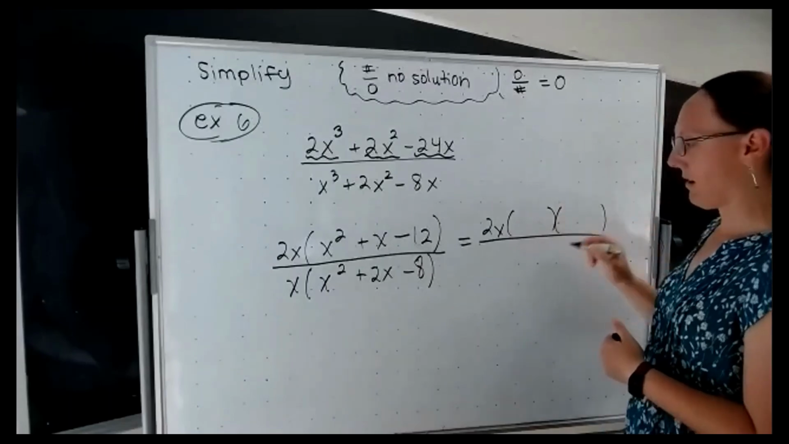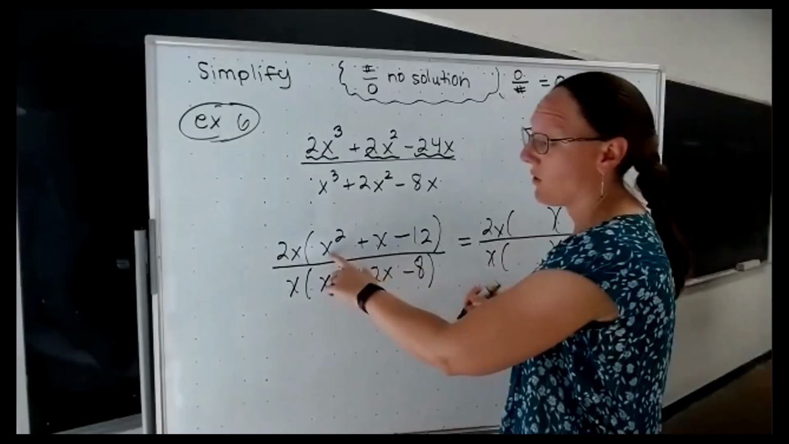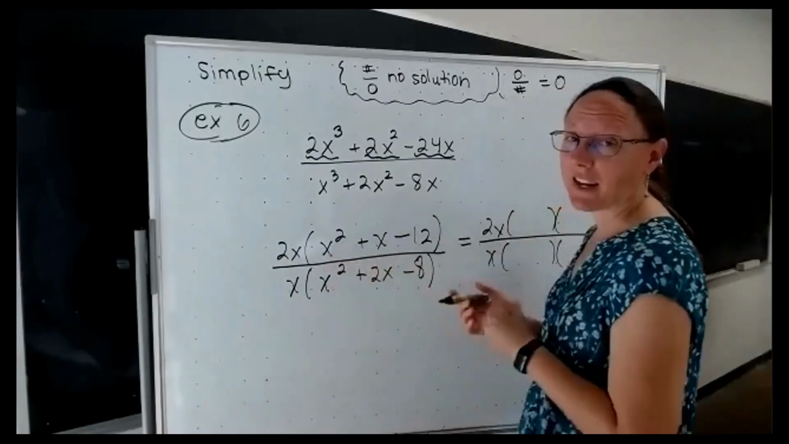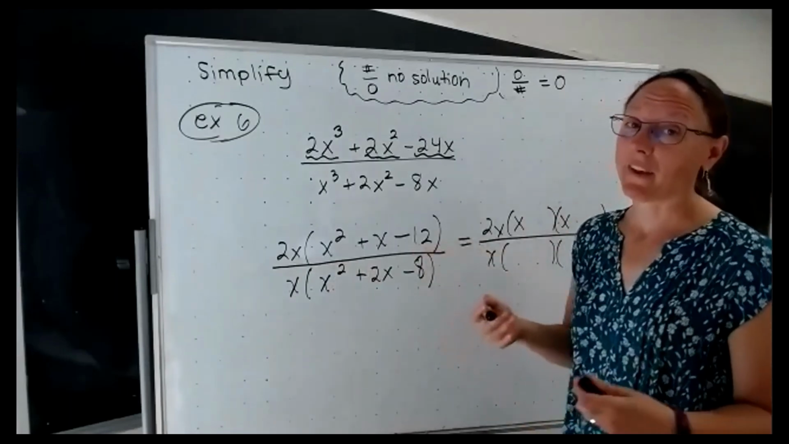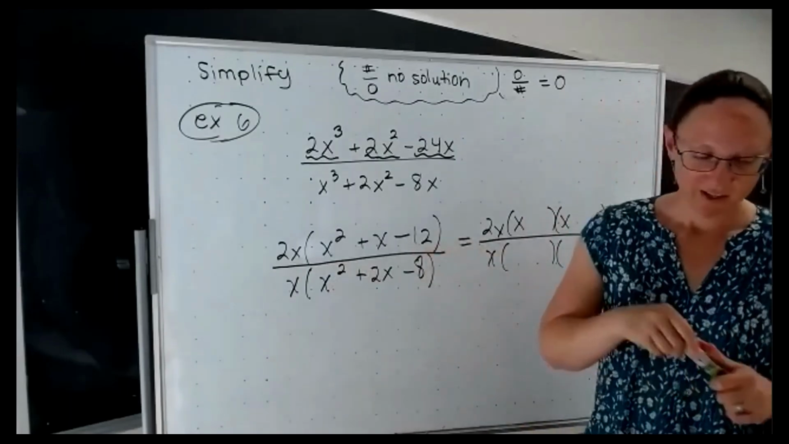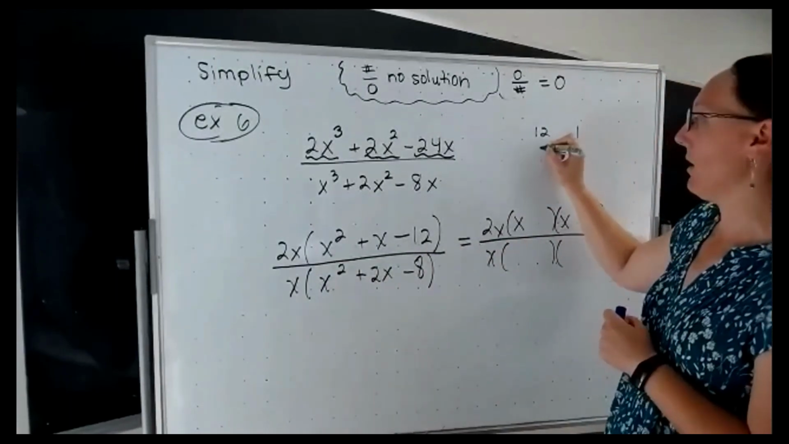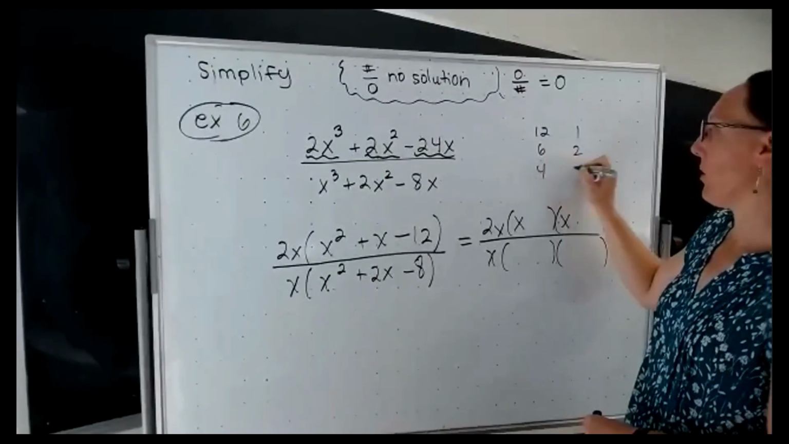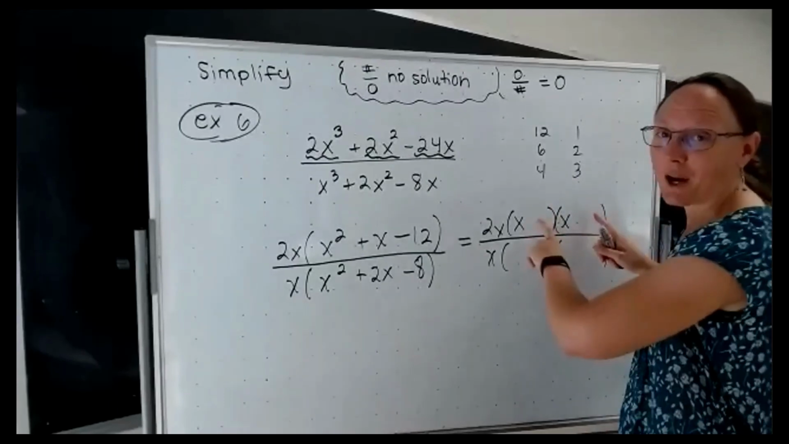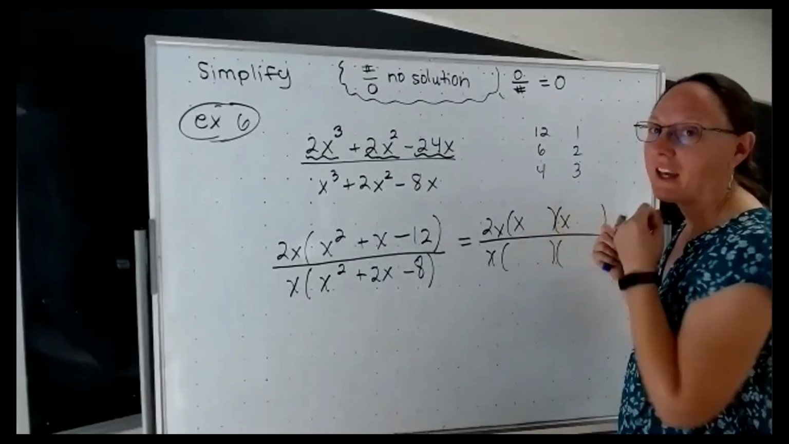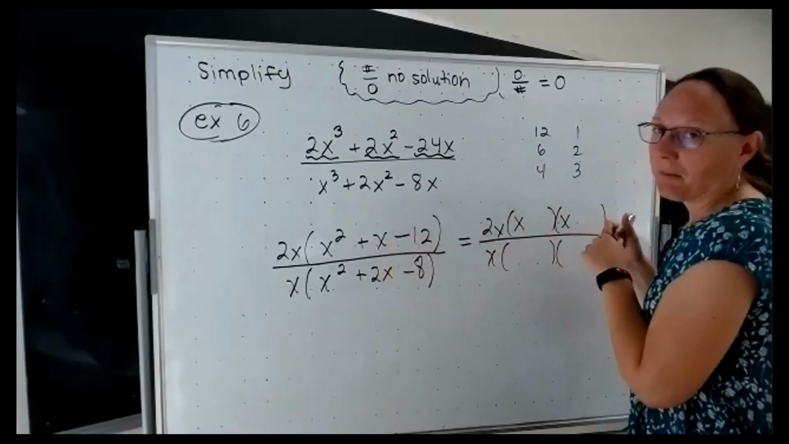In the numerator, I know that to get that x squared, I'm going to need an x and an x. And to get a negative 12, I'm thinking about all of those factors of 12. So if I just list out my pairs of factors for 12, I could have 12 and 1, 6 and 2, 4 and 3. And then trial and error wise, I'm sticking them in and I'm thinking, if I add or subtract these numbers,